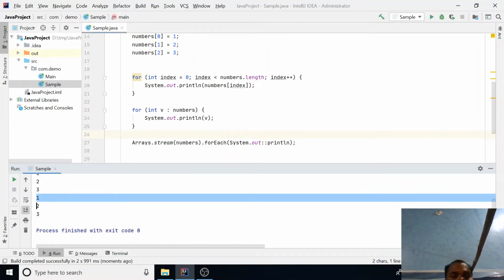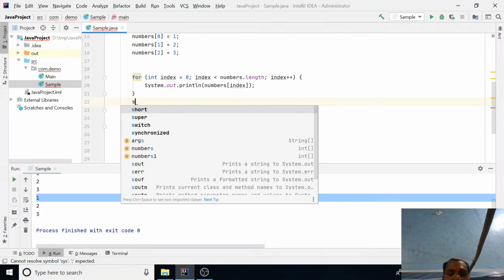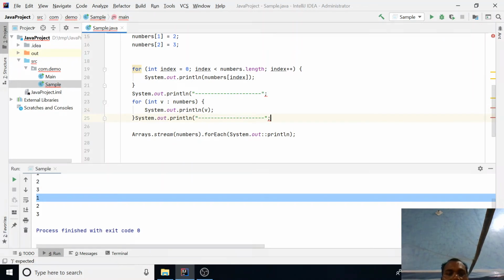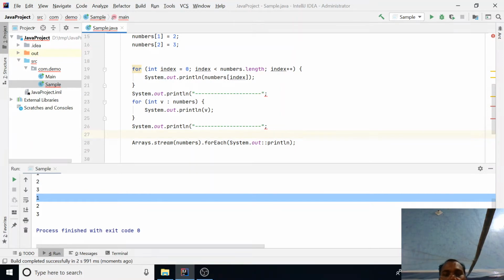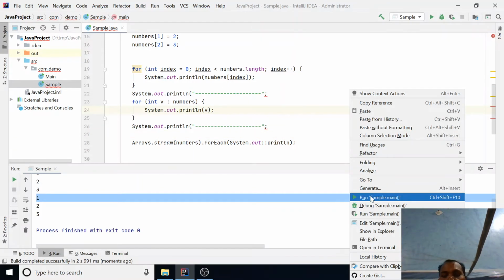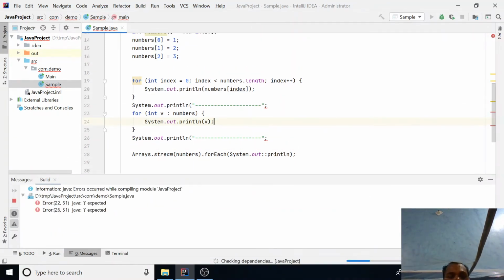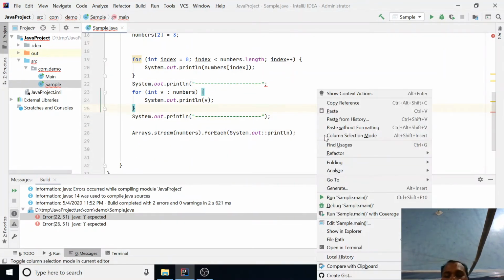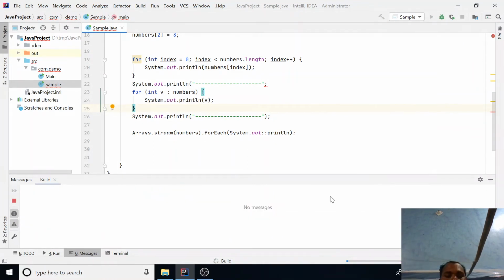Okay, these are just simple. Okay, run. Let's run it.